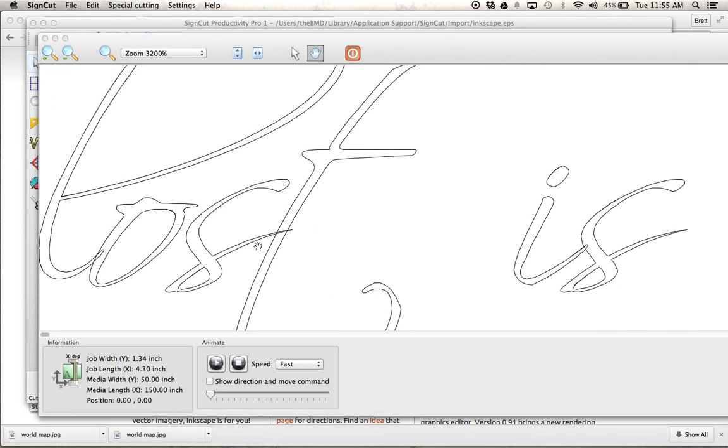So you can see here that S is wanting to go through the T. So the cutter will cut the T, but it will also cut this S, and it will cut out this little spot right in between. And we really don't want that. We want it to be clean and appear as though the S is either in front or behind the T, and we don't want it to cut out part of the T. That's not the appearance we're going for. Same, you can see it right here where it cuts out part of the S, or this L going into the O. We don't want that little part cut out. And the way to avoid that,